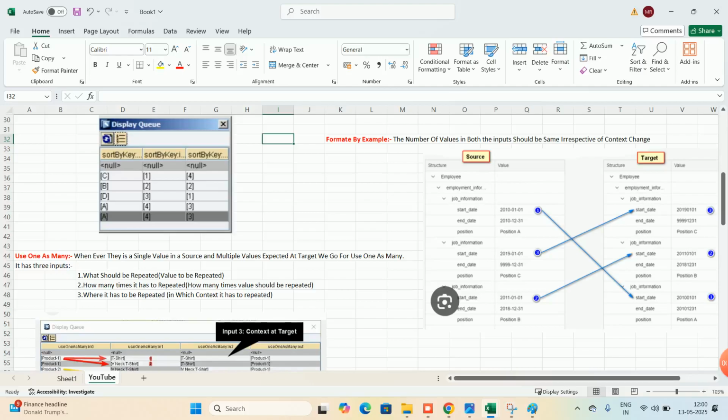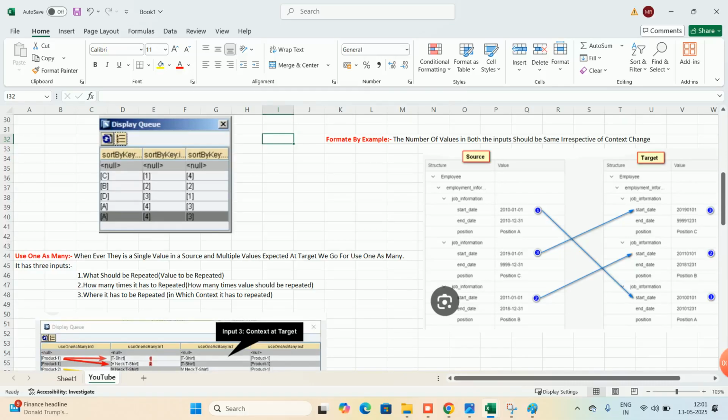The number of values in both the inputs should be the same irrespective of context changes.